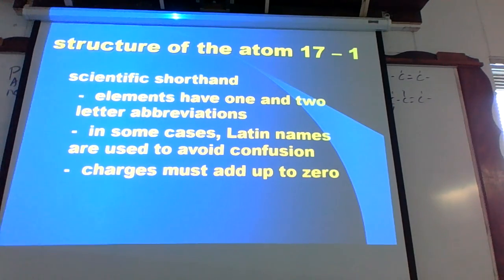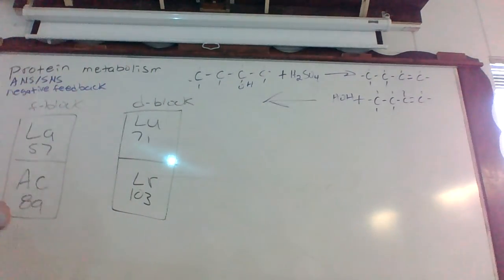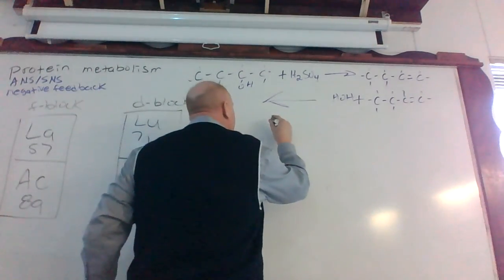in this case, probably how many of you think you know quite a few names of the elements on the table? I mean, even just with this one, these man-made or synthetic elements goes up to 103, but typically, well, that's where it ends, is 103 there. By the time this class ends, you probably will have maybe 30 or 40 of these memorized, just won't even realize it. So what we mean by that, saying sometimes these Latin names are used, okay? So the reason we say that is,